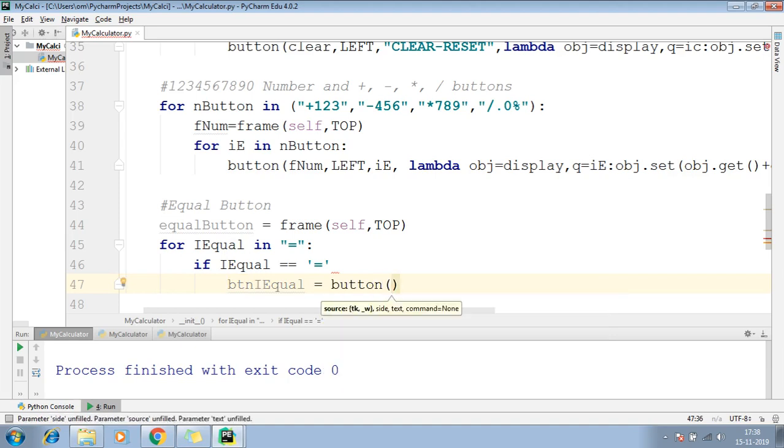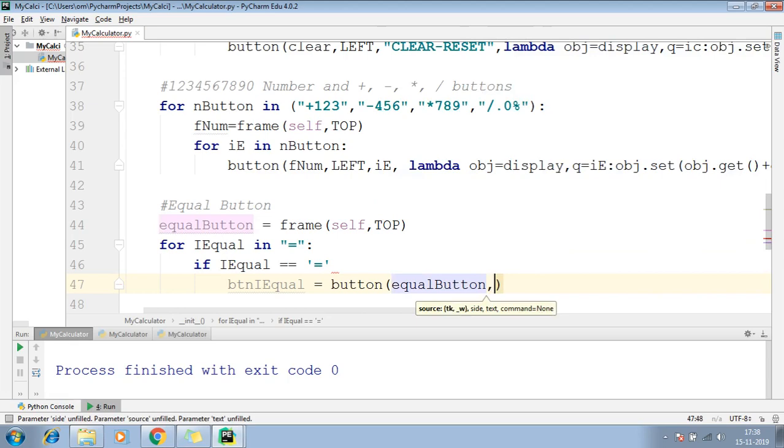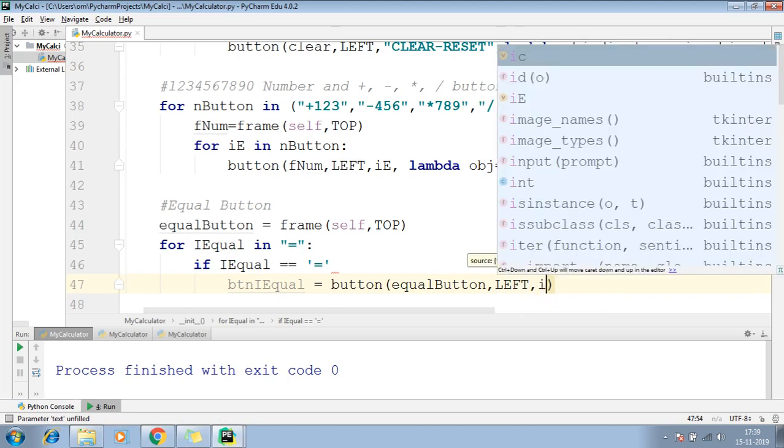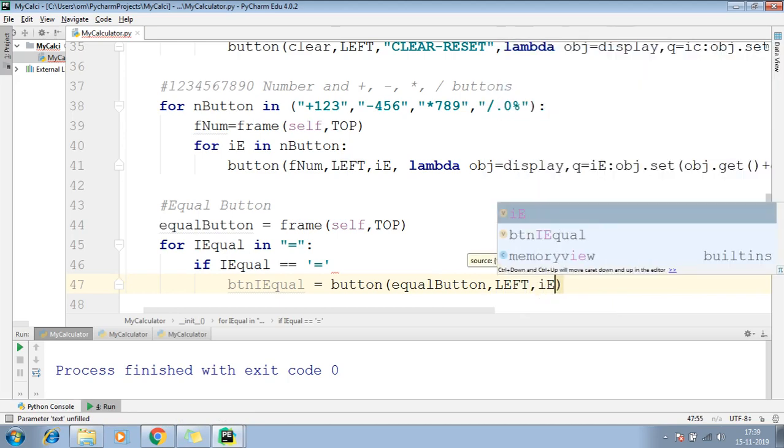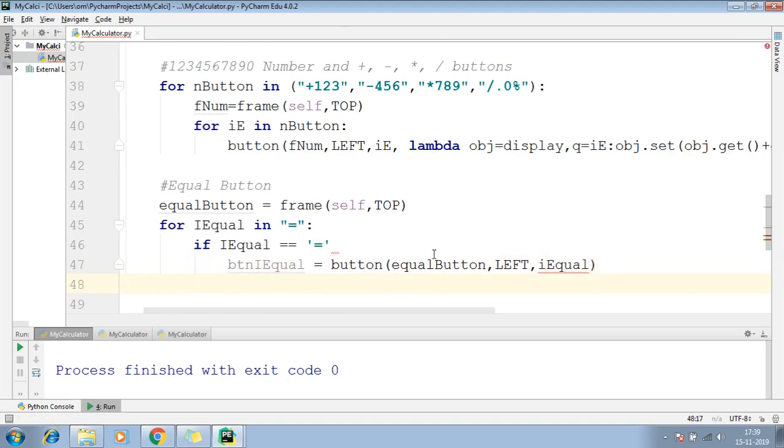So let me call here equal button, let me pass the position left, and then so here is I equal. Okay boss, now next